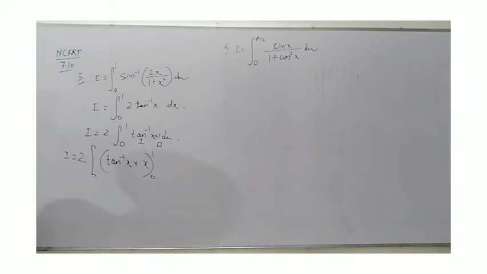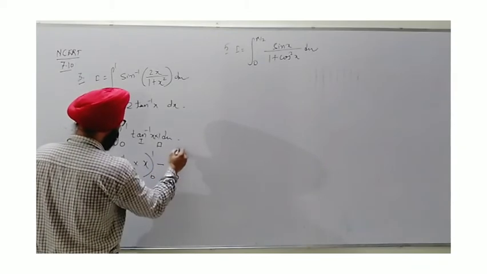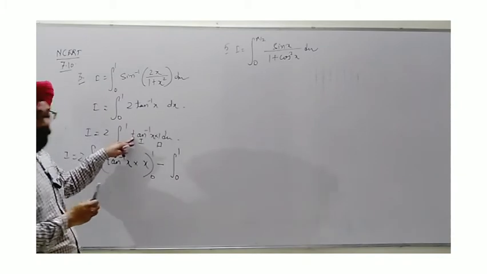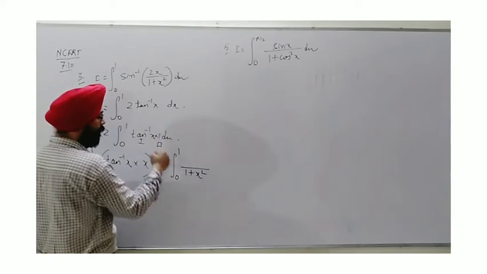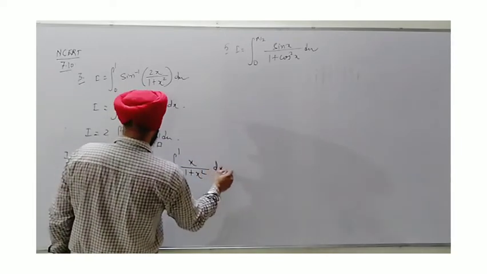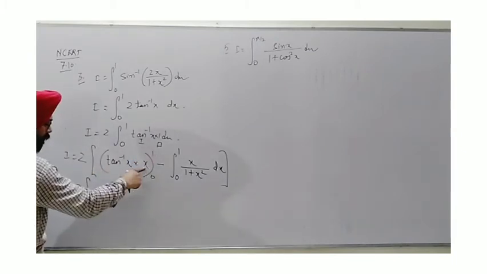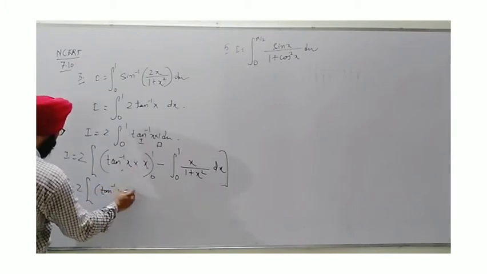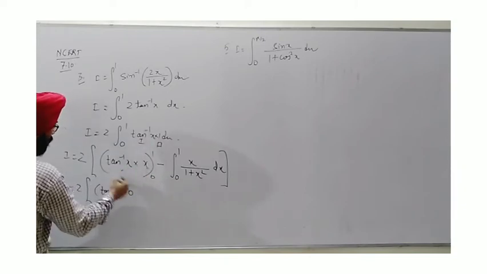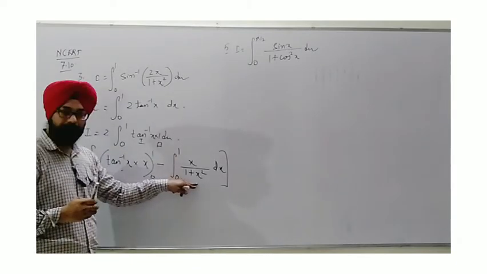Next, subtraction. In this term, the integral from 0 to 1 as it is, but differentiate tan inverse x, being 1 upon 1 plus x square, and the integration of 1, so we can write here x dx this way. Now this portion parallelly we will put the limit. If I put 1 here, x is 1, so we get tan inverse 1 minus 0, because x equals 0 will make the whole term 0. Now x upon 1 plus x square.